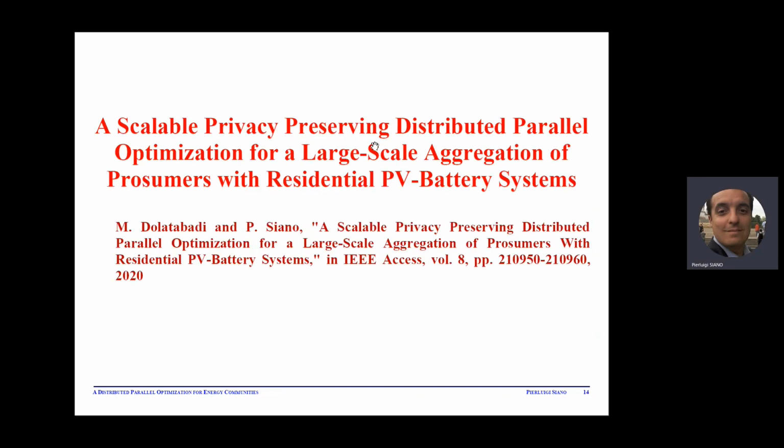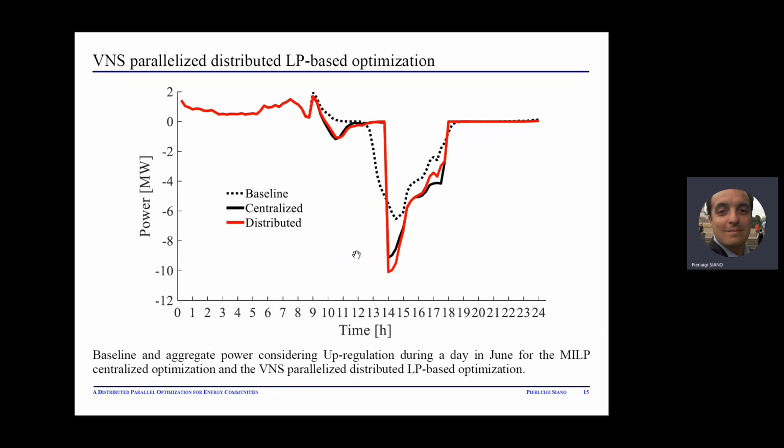Now I will present some results obtained by using this scalable privacy-preserving distributed parallel optimization method. More details can be found in this paper. If we consider, for example, an energy community of 2,000 prosumers that should satisfy the flexibility constraints of 1 megawatt, we can see in this figure the average power in a quarter of an hour